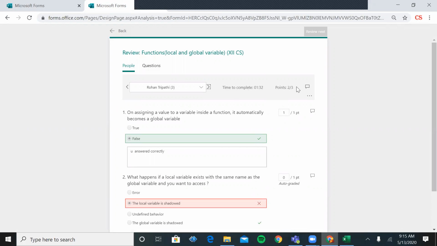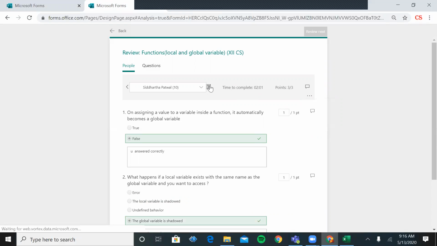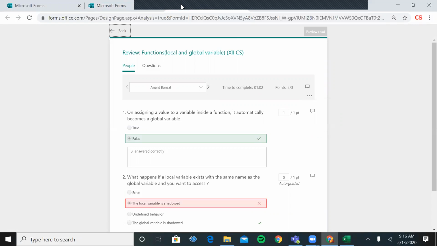In this way you can see the results. Delete or print, side by side you can see how many students have attempted in what way, and you can post the result also. Already posted. If many students have not received their result, you can post their result by clicking on this. It will ask you to confirm that you want to post.